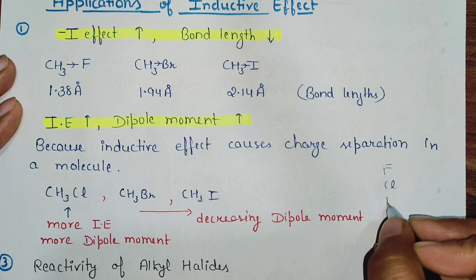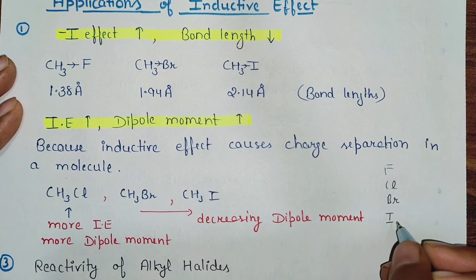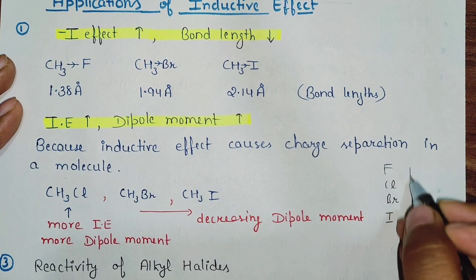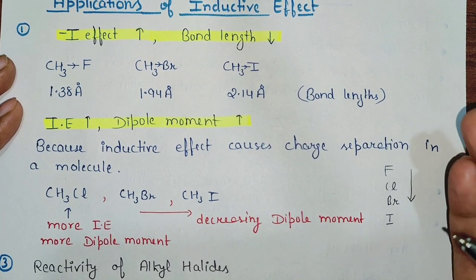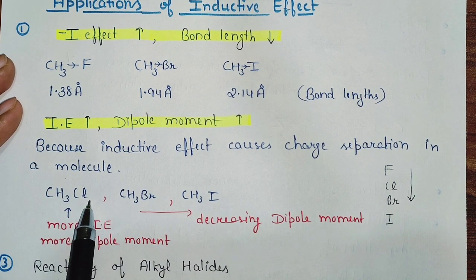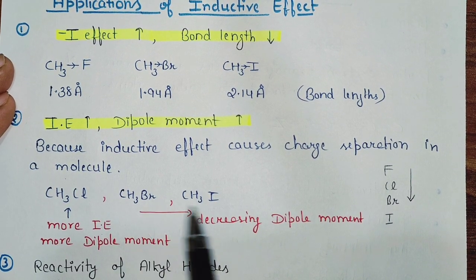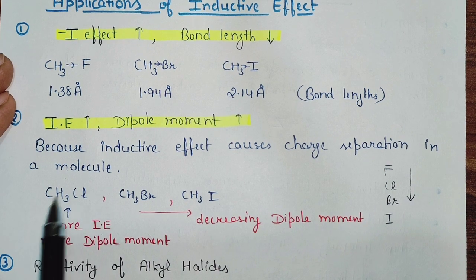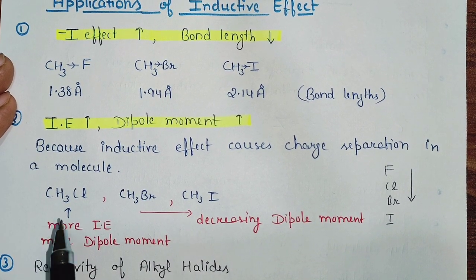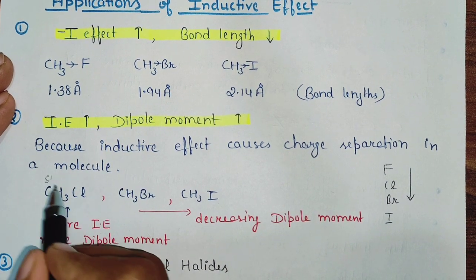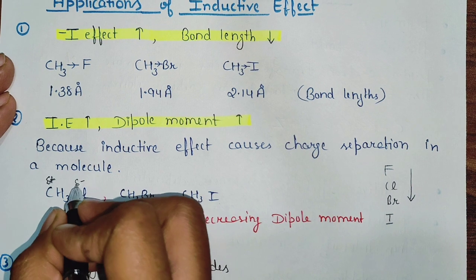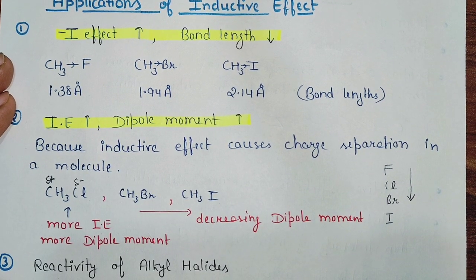fluorine, chlorine, bromine and iodine. Fluorine is the most electronegative atom in the whole periodic table. Down the group, electronegativity decreases. So, in this case, chlorine is more electronegative as compared to bromine and then iodine. So it has more dipole moment because of charge separation. Carbon is electropositive